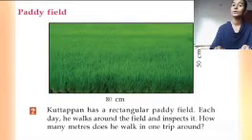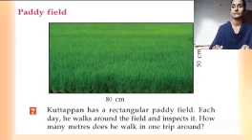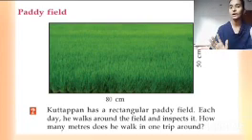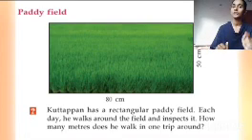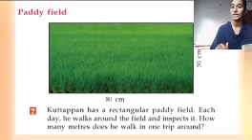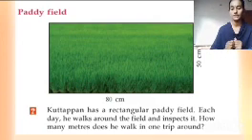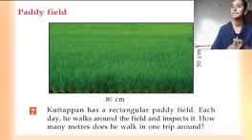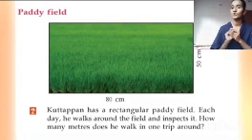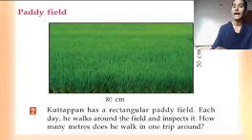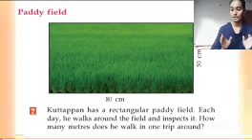First question, Kuttappan. This is a picture of a paddy field. Kuttappan's paddy field is this. One day, he walked around his paddy field. You can note that the paddy field is in the shape of a rectangle and its sides are given there. How to find the perimeter of this? Just add these 4 sides. What are the measures there? 80 and 50, isn't it? Then add 80 plus 80 plus 50 plus 50. What should be the answer for us? If we add these 4 sides, we get the perimeter as